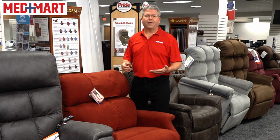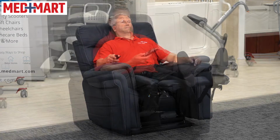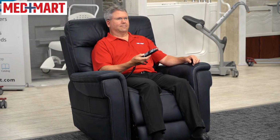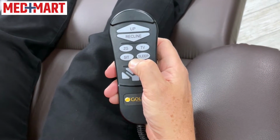The next step up from that though, and you do increase your cost because now we have a second motor, is what's called infinity position. That means it gives me almost complete independent control of the back and the legs, allowing me to find that perfect position. Many chairs have the ability to program those positions once you get them into that spot. So once you do find those great positions that work well for you, you're able to program that button and